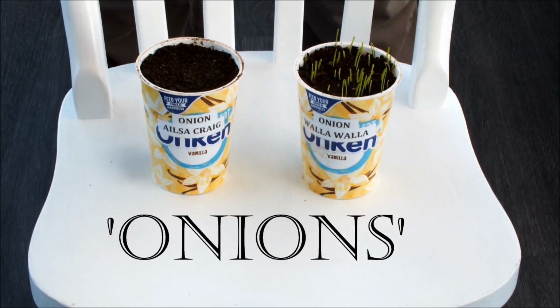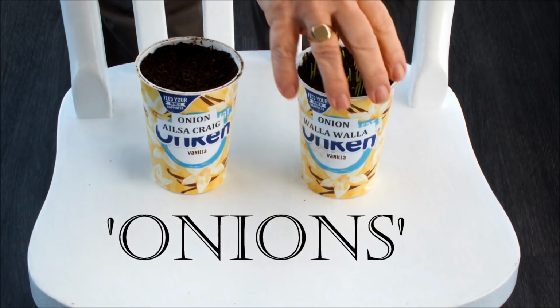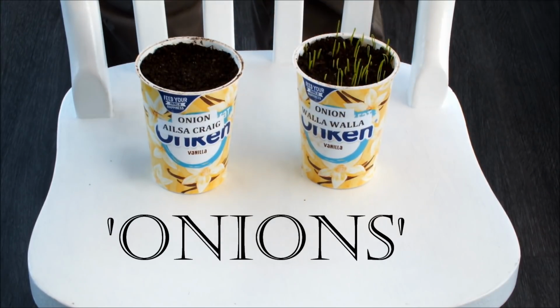Hello, we're still in the winter months here at Home Grown Veg, but we've got our first seeds sown indoors, and as usual it's onions and leeks, and in this video we're going with onions. Okay,